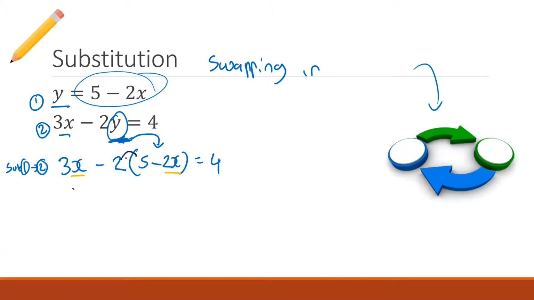So if I now expand this guy here, 3x minus 2 times 5 is going to be 10. And then negative 2 times negative 2 is going to be plus 4x equals 4. Guys, guarantee you this is where you'll make mistakes. If you've got a negative coefficient, people always forget to multiply the negative coefficient by the negative coefficient to make a positive coefficient. Be careful. Now that I've got 3x and a 4x, I can combine those two things together. 3x plus 4x is going to give us 7x, take away 10.